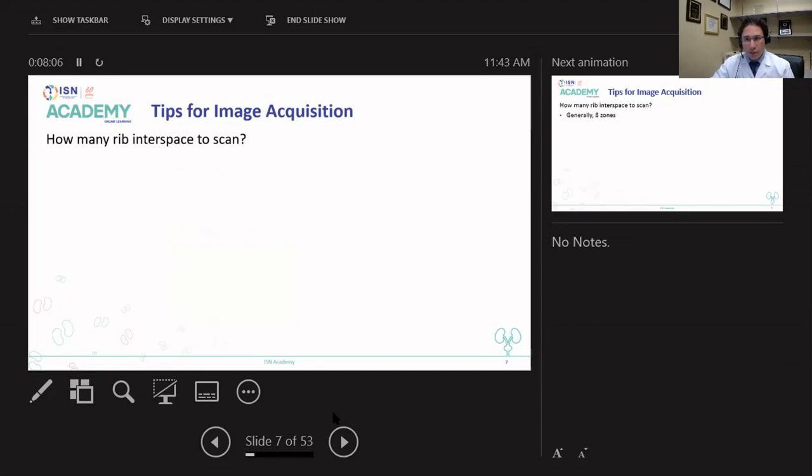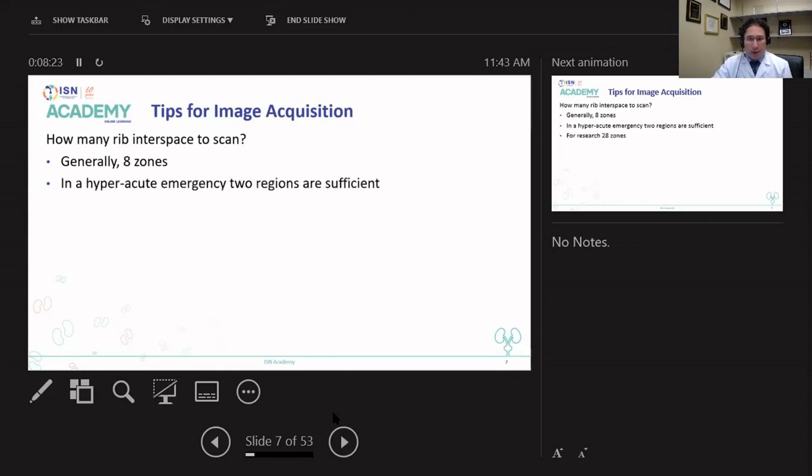How many different spaces should you scan? Well, there's debate about that, and it depends on who you ask. Generally, by international consensus, 8 zones is at least recommended. However, if you're in a hyperacute emergency, it's reasonable to use just 2 zones in a really emergent situation. There is a tremendous amount of research into lung ultrasonography where researchers have quantified and qualified ultrasound findings looking at